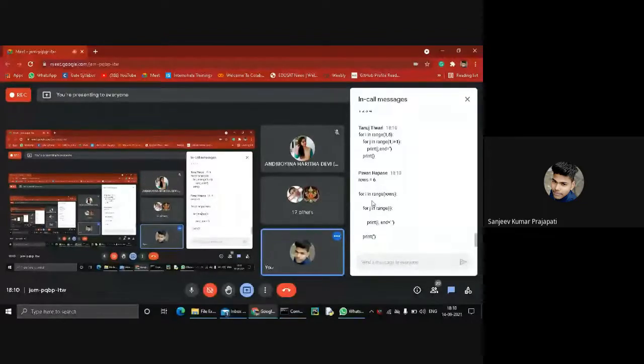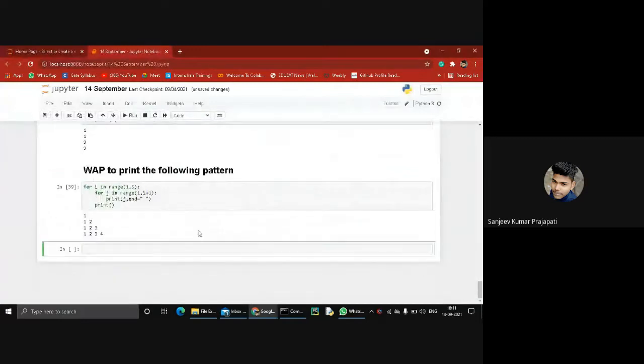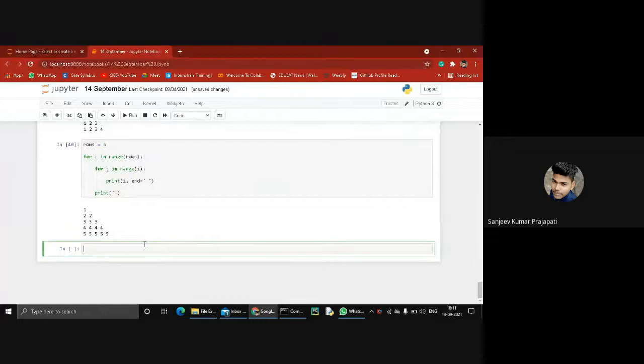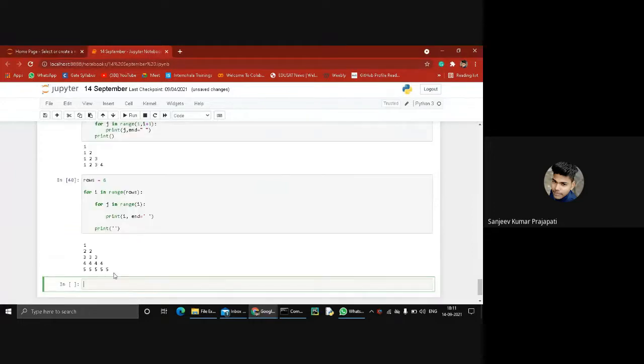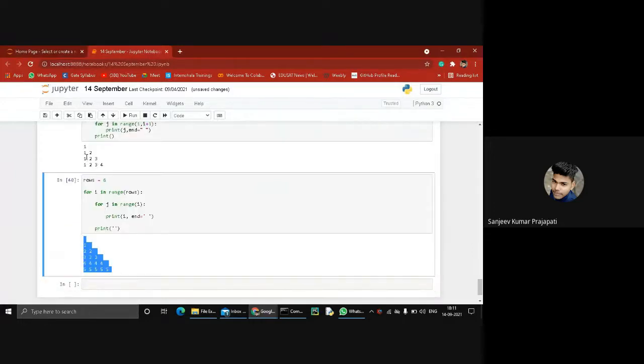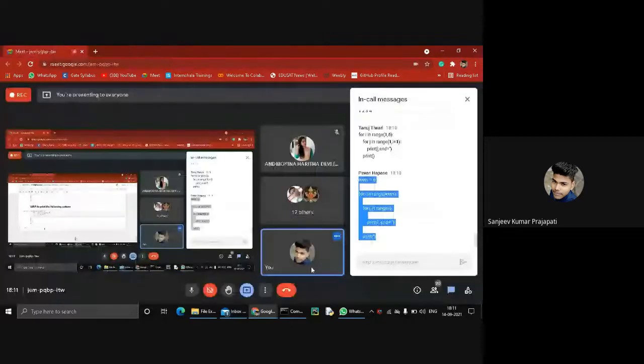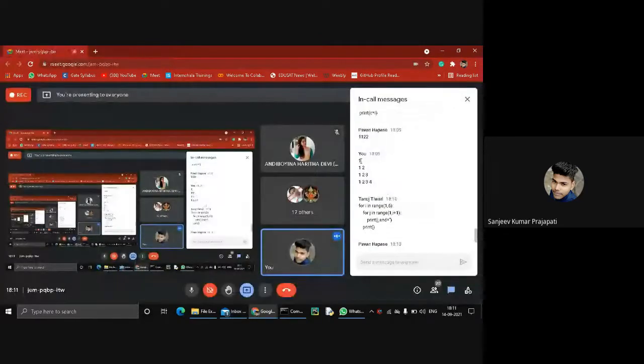Row equal to 6, for i in range 6 5. Let's see. No, your pattern is different. My pattern is 1, 1 2, 1 2 3, 1 2 3 4. My pattern is this.